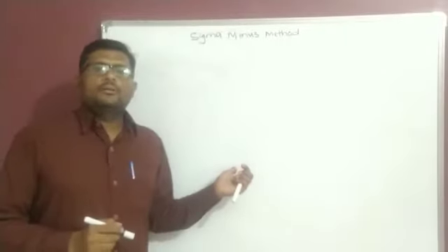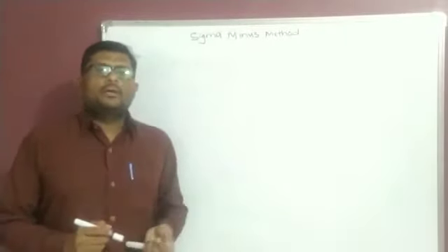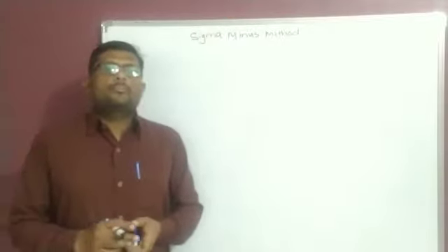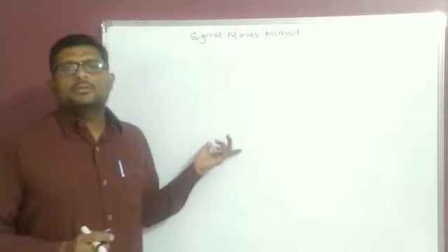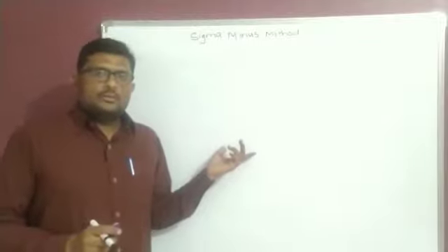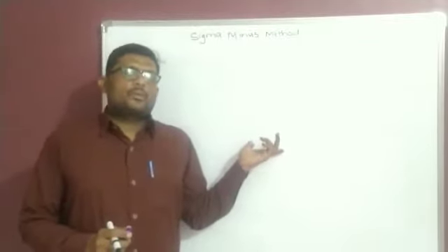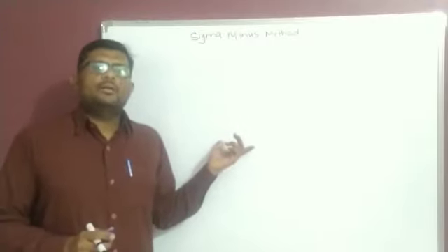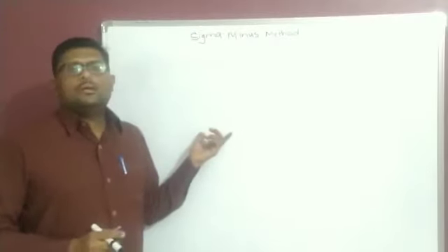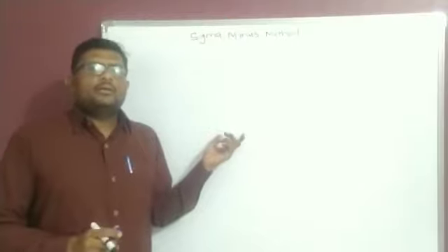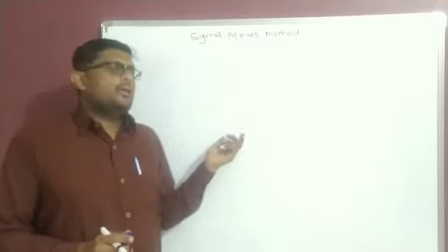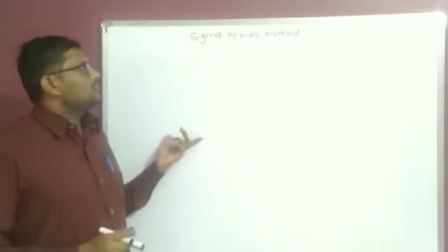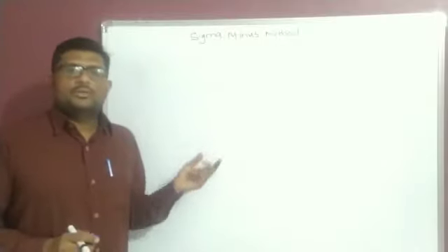Today we'll learn how to determine the elimination rate constant by the sigma minus method. The elimination rate constant can be determined by two methods: one is the rate of excretion method, and the second is the sigma minus method. By taking the urinary data, we can calculate the elimination rate constant by using this method.